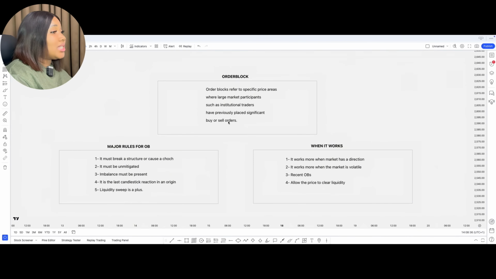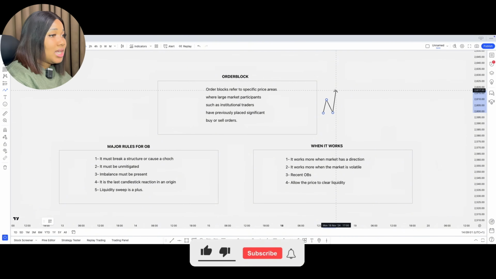We're going to start with the meaning of order block. Order blocks refer to specific price areas where large market participants, such as institutional traders, have previously placed significant buy or sell orders. Now, let me use an illustration to explain this particular definition, because it's just a very straightforward and simple definition. So remember, our strategy, if we get a break of structure like this to the upside, we